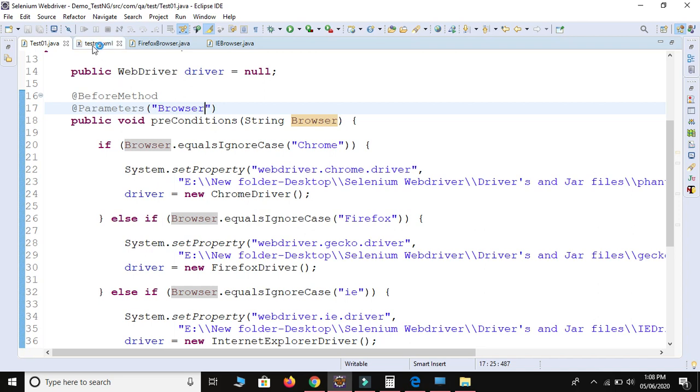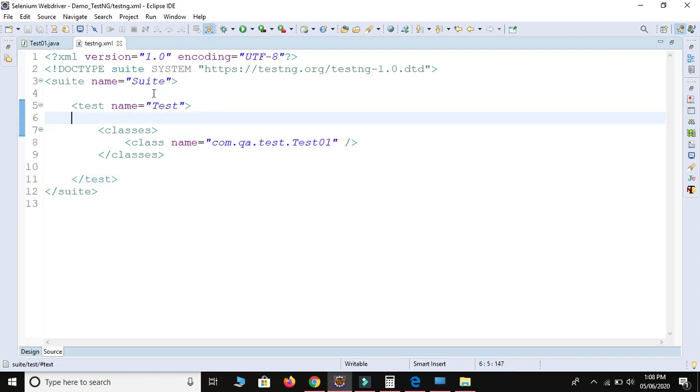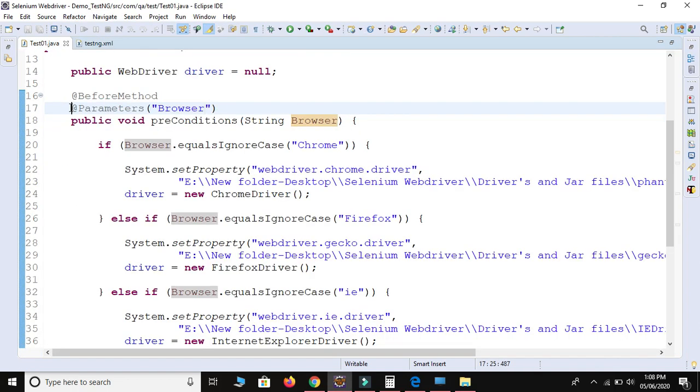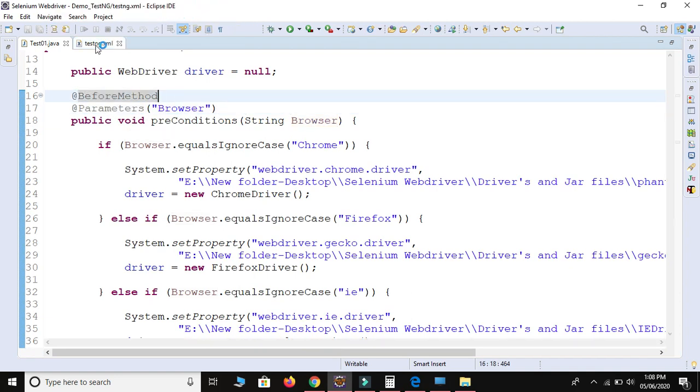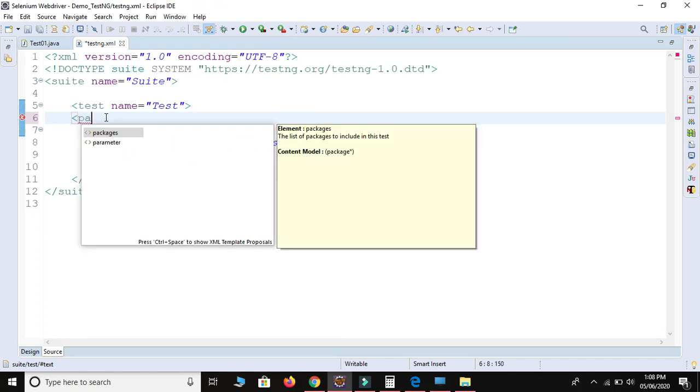So just go inside this suite. This is the testng.xml file which is known as a suite. So this is the suite for our project. Now we have used one annotation, this one, @Parameters. We use one tag, parameter name, just to use a parameter. Then take the second one, parameter.